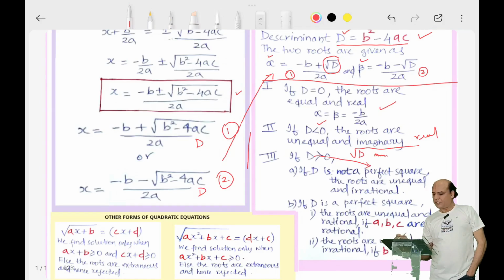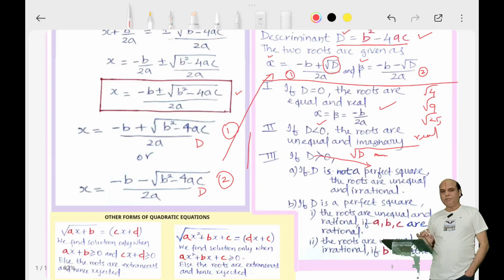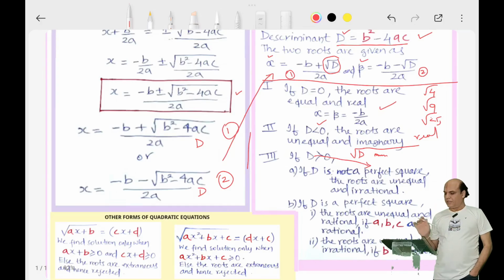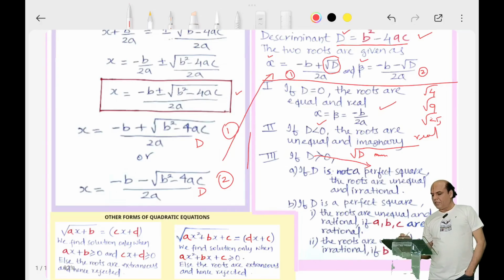do you know what a perfect square is? Like 4 is a perfect square, 9 is a perfect square, 25 is a perfect square. So these are all perfect squares. If D is a perfect square, that is, you can find the square root as an integer, then the roots are,